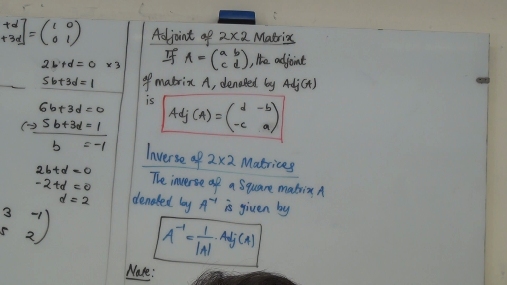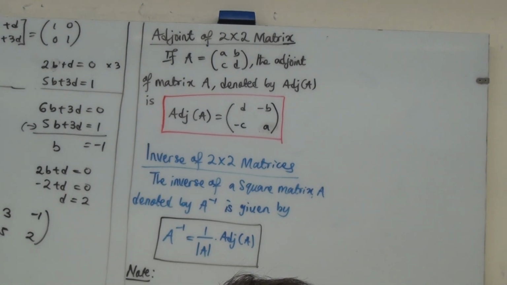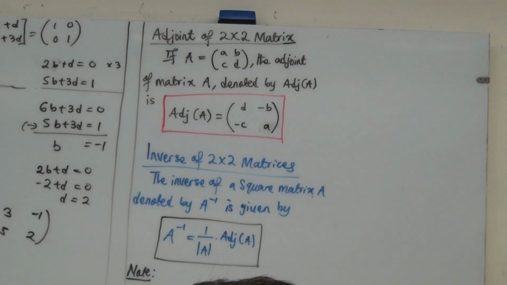And the determinant of this matrix is 1. So that's why the result is actually just the adjoint. Because 1 over 1 is 1, so it makes no difference. But if the determinant is 2 or 3, then the flipping will never work. That's why I said you were lucky, because the determinant is 1. Does this make sense? So, tell me,